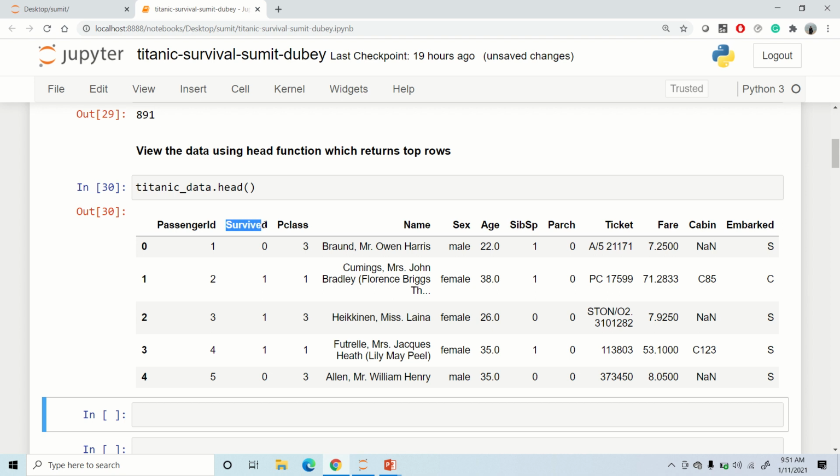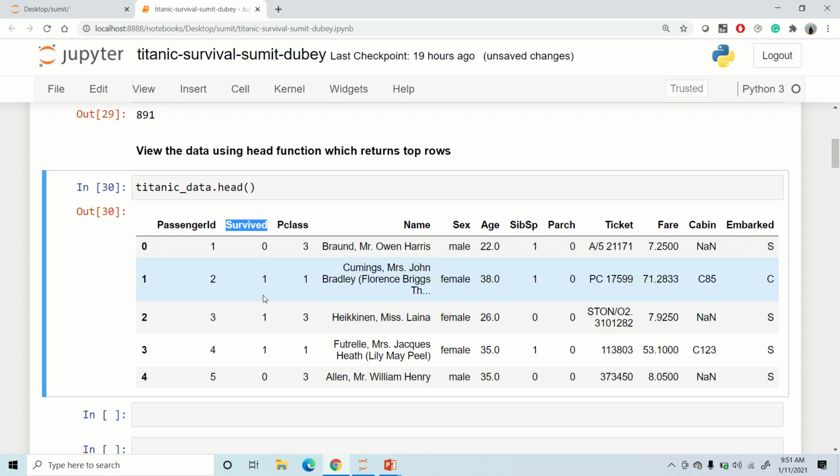This is the column survived, which tells us whether or not passengers survived, and the whole idea behind the study of this data is to know what were those factors that contributed more towards the survival of the passengers. Whether it was age, whether it was gender, whether it was the class in which the passengers were traveling.